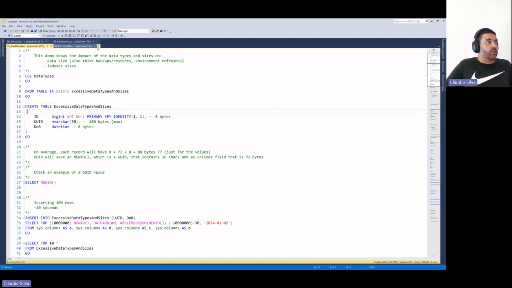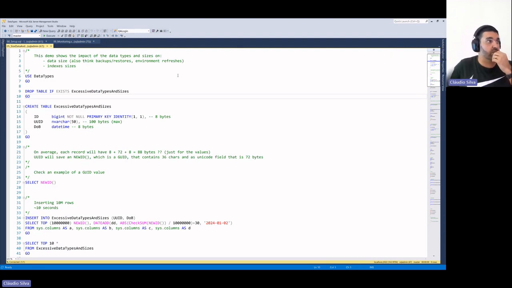All right. So we have seen a couple of different examples, and the one that I want to show now is an important one to keep in mind when creating your tables, because the time when you need to be aware of the data types that you are using is while building your tables.